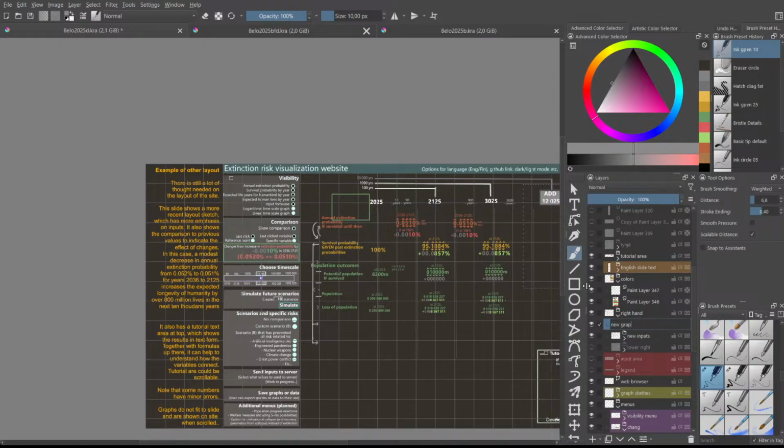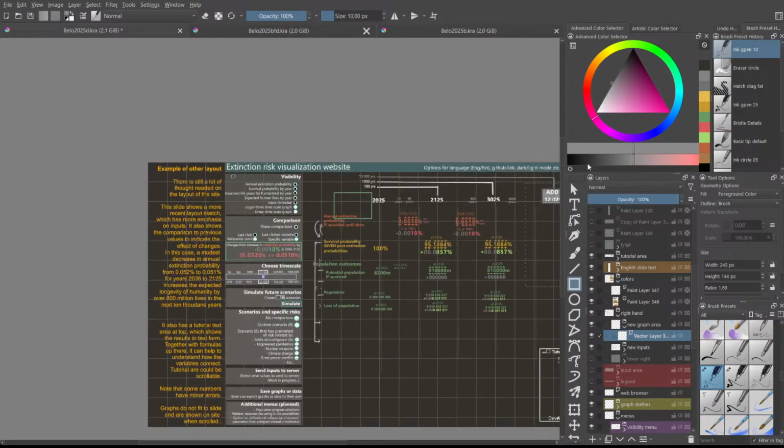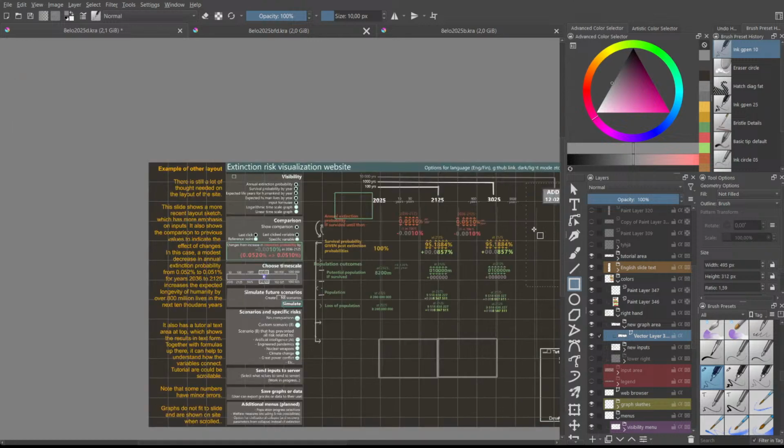So let's have like a new graph area, and inside that I think I'm gonna try to have a vector, and here yeah, let's try out how this would look like. We don't need so much more space here. Like, it could be like this. There could be like this kind of separation, because I want to make, especially like with this, when they have